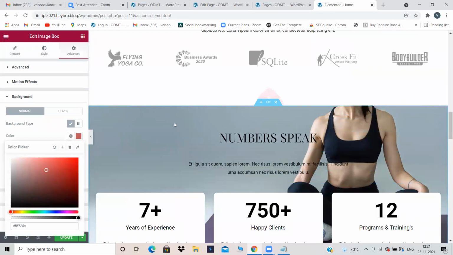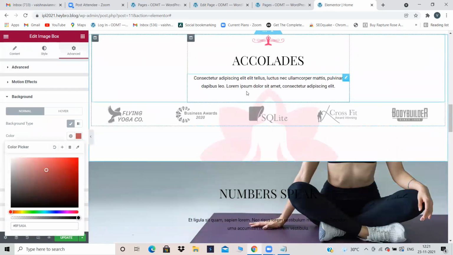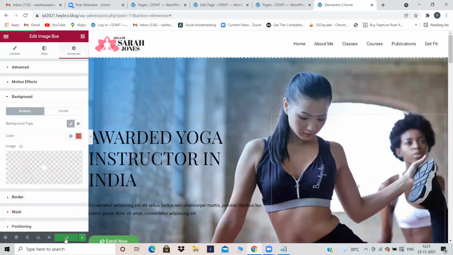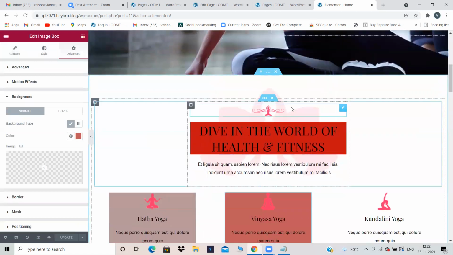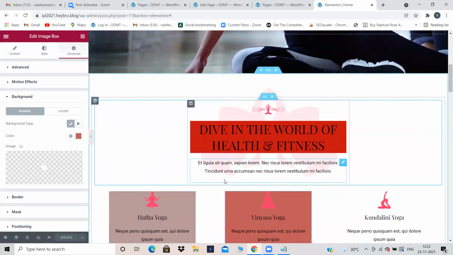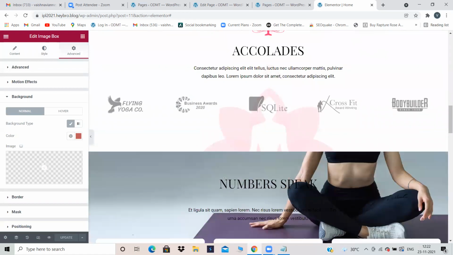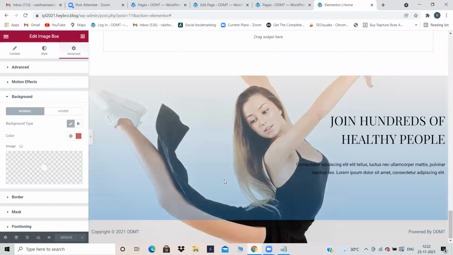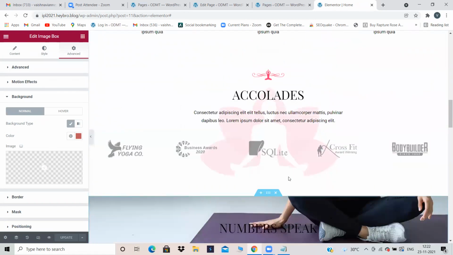Like this, each and every part, each and single step, you have to edit with the help of Elementor. It is easy, right? Just import the plugin and edit. But editing also will take lots of time because you have to edit each and every part. If you didn't like the images, you have to remove those images. This content you have to edit. Again, if you didn't like this part also you can edit. Each and every small part you can edit with the help of Elementor. But the use of Elementor is you can edit very beautifully. In a basic website, you cannot edit to this level, but in Elementor, you can edit to this level.